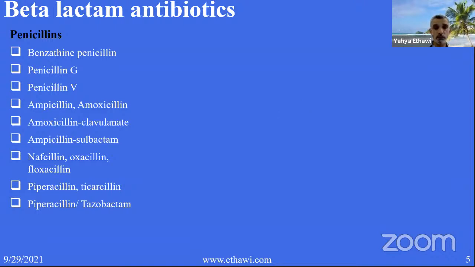We have amoxicillin-clavulanate, and the very common example is Augmentin, which decreases resistance against ampicillin. We have nafcillin, oxacillin, and flucloxacillin, which are against staph, but the MSSA type of staph, not the MRSA. We have piperacillin and ticarcillin, which is